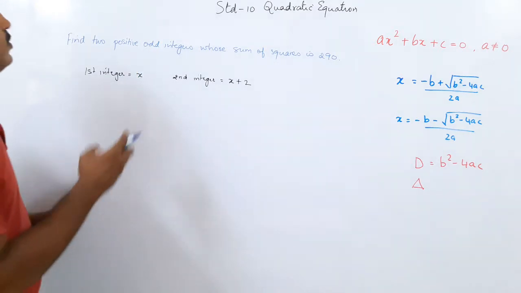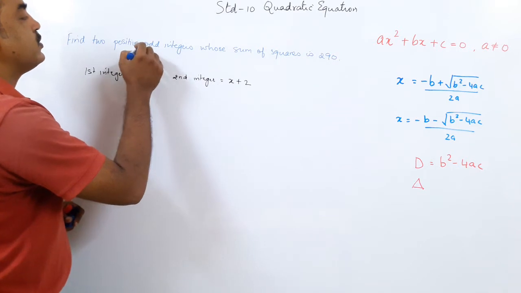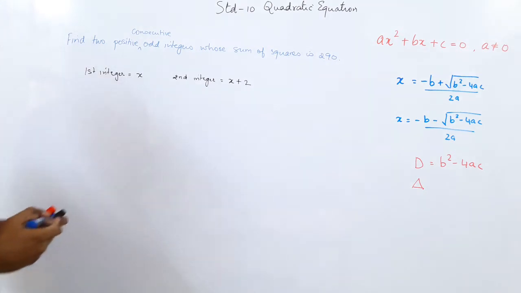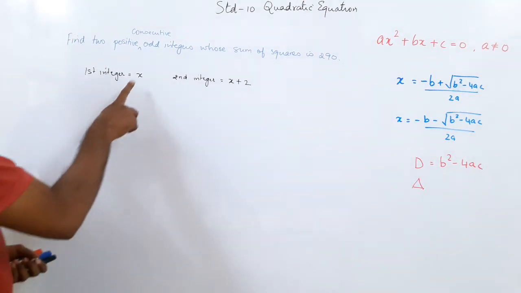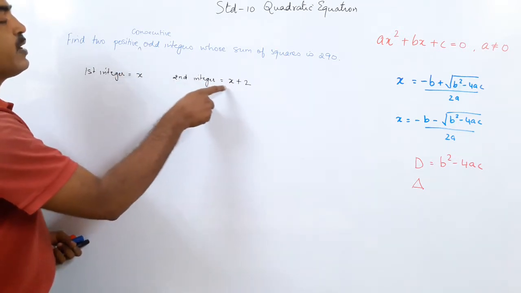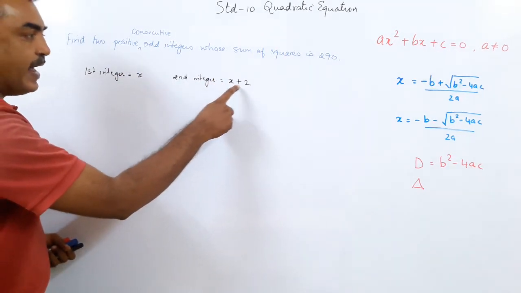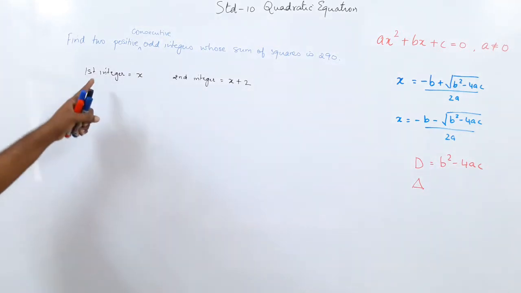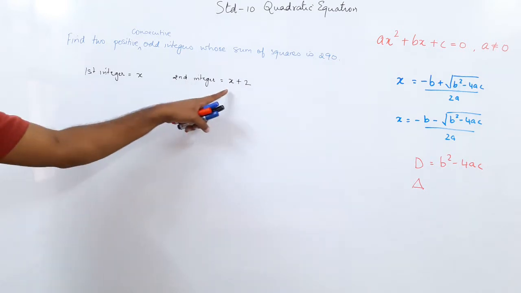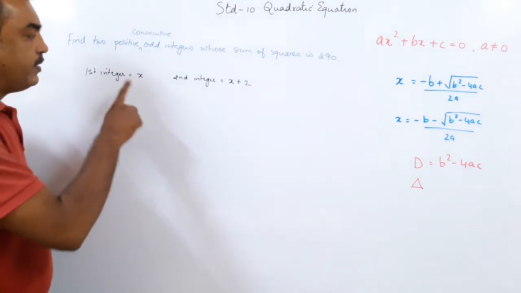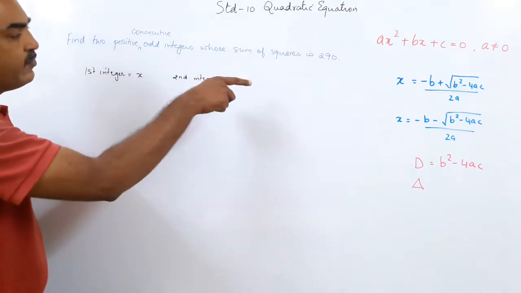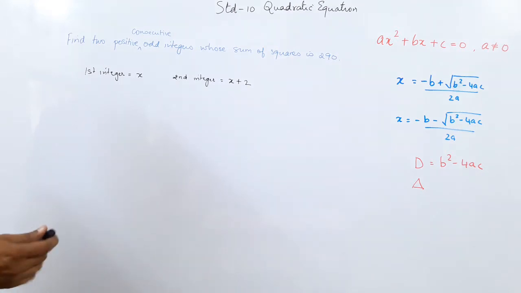It should be positive consecutive odd integers. It means, suppose x is 3. And if I write x plus 1, it becomes 4. 3 is odd, but x plus 1 is 4, that is even. x plus 2 is 5, which is odd. So when you are given positive even or odd integers, when you take x, the other becomes x plus 2. Means you have to leave one, x plus 1, x plus 2. But these are odd integers. So you have to jump the even to reach the odd. So this is what we get.